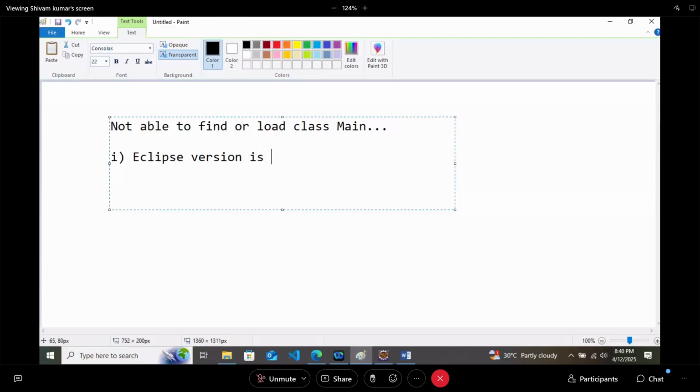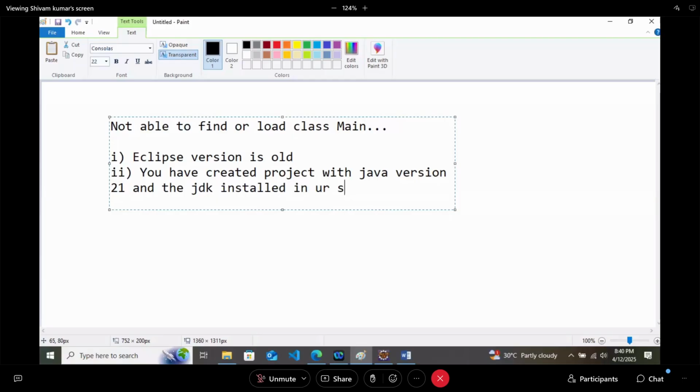Second reason is you have created the project with Java version 21 and the JDK installed in your system is less than 21.